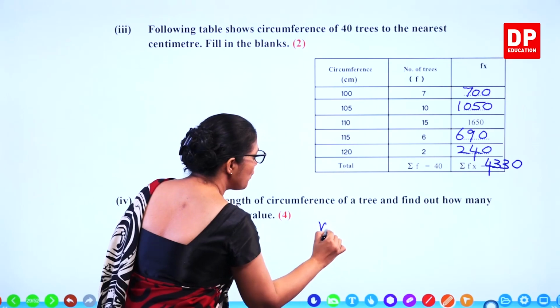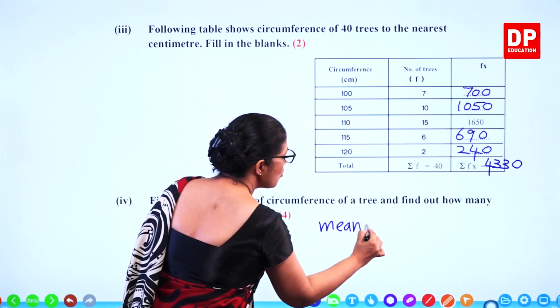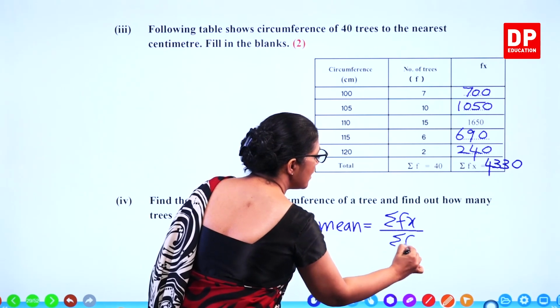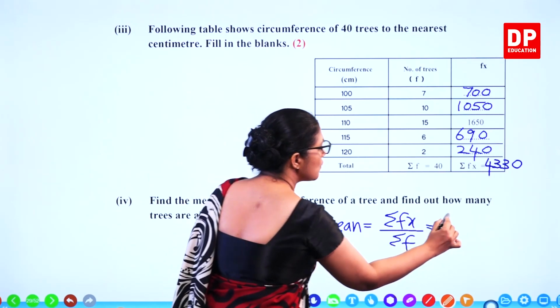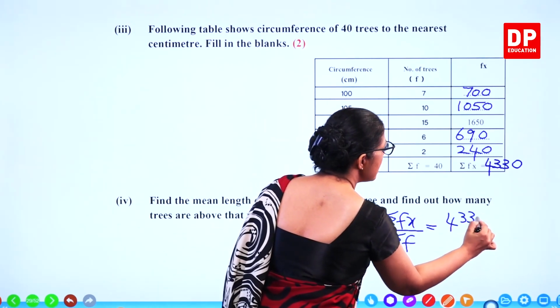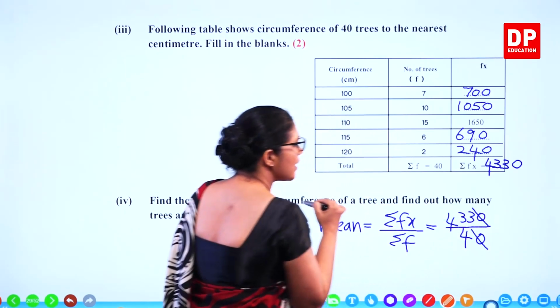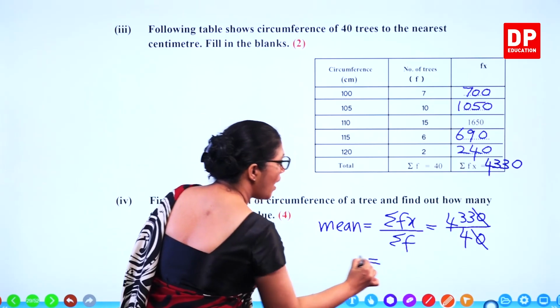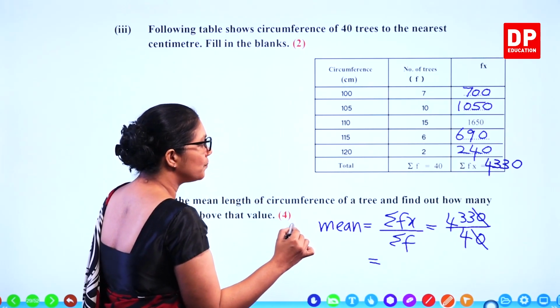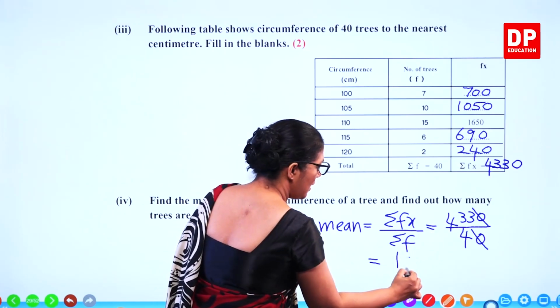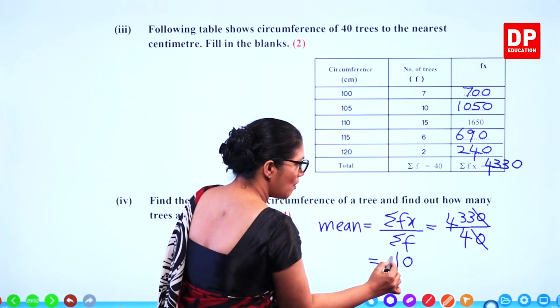So how do you find the mean? Total fx over total f. Total fx is 4,330, divide by 40. So 0 gets cancelled out. 433 divided by 4. 4 times 1, 4. For 3, nothing. 33, 4 times